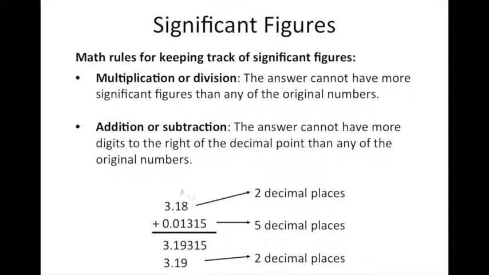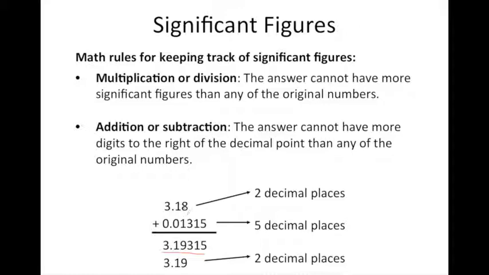So we're not looking at all the sig figs, we're just looking at the significant decimal places. So if we add these numbers together, we get 3.19315. So how many sig figs should our answer have? Well, our top one had 2 decimal places, the bottom had 5, and our rule tells us that our answer can't have any more decimal places than the number with the fewest decimal places that was involved in